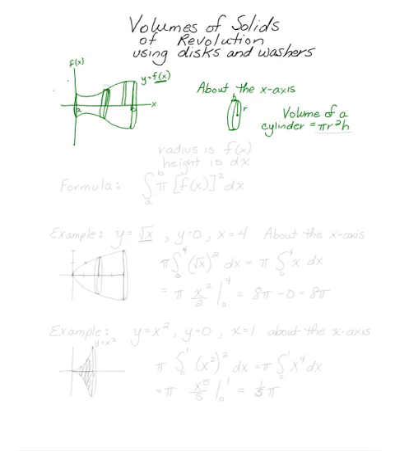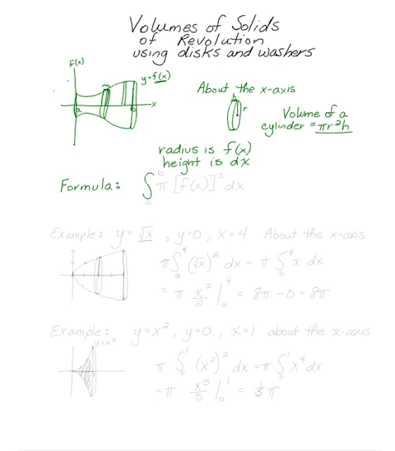So in this case, the radius is just equal to f of x. The height of the cylinder, what we normally think of as the height of the cylinder, is this little section right here, and that's our change in x. Going back again to that Riemann sum discussion, that was what we looked at as either delta x or dx in the final integral. So what we want to do is add up all of the cylinders. Our formula in order to find the volume of a solid of revolution